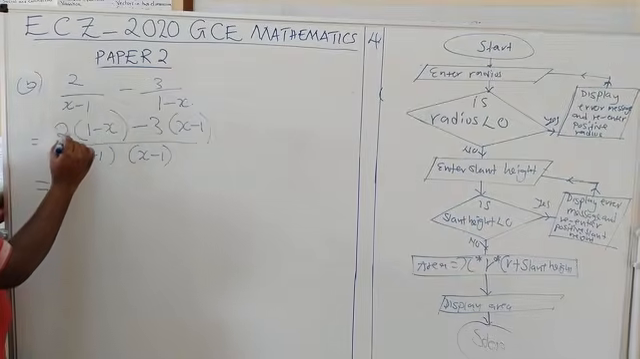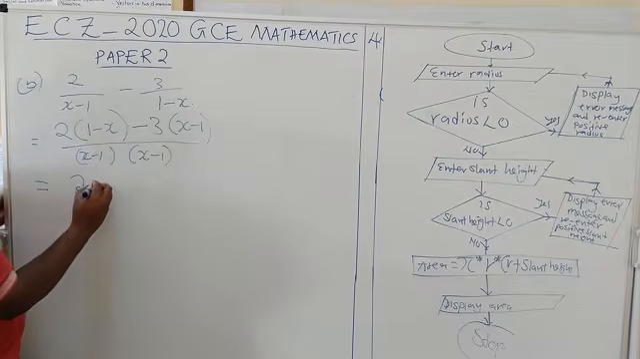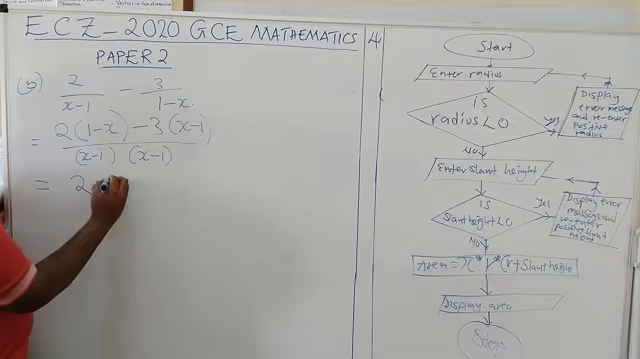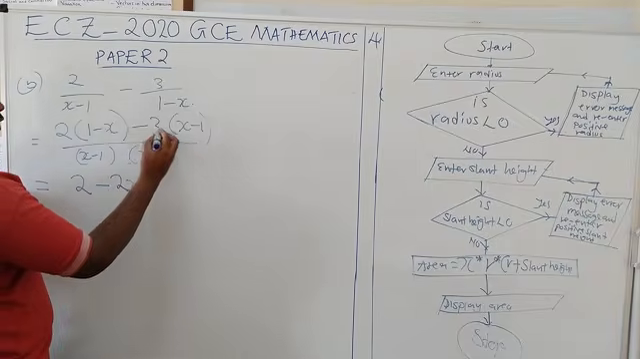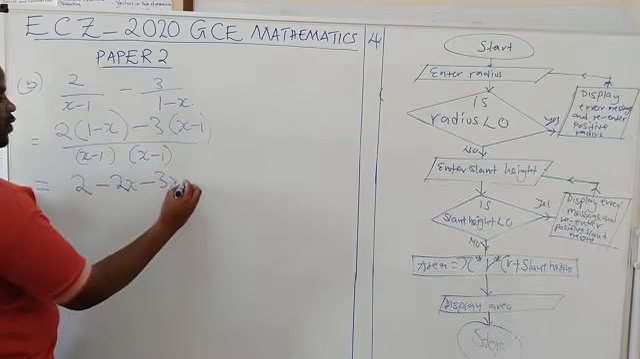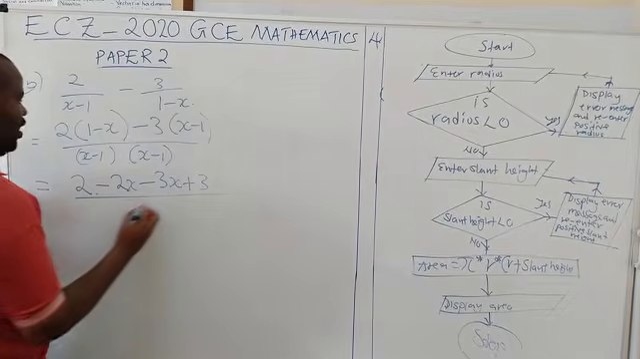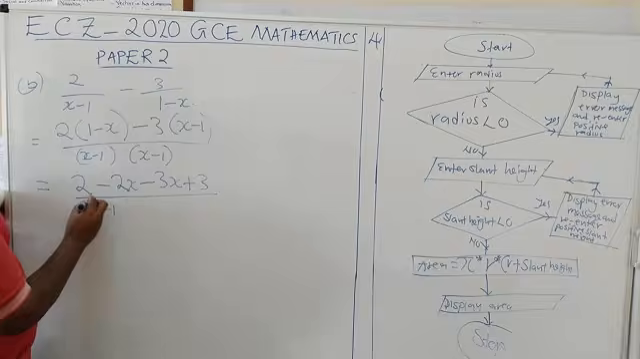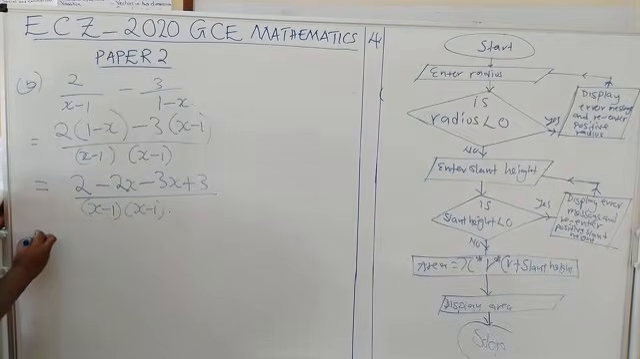2 by 1 is 2, positive 2 by x, negative 2x. Of course, this is negative. Then negative 3 by x, negative 3x. Negative 3 by negative 1 is plus 3. You divide it by x minus 1, x minus 1. Alright, this is equal to